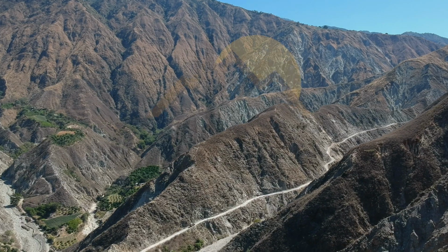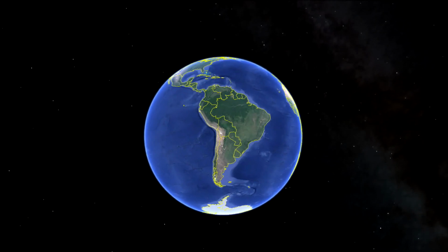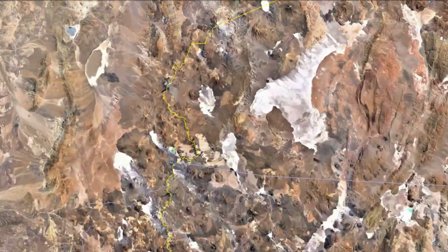Let's back up and leave today. Let's see what tomorrow brings. Well, we pick back up in the Puna of Northwestern Argentina as we are making our way towards a